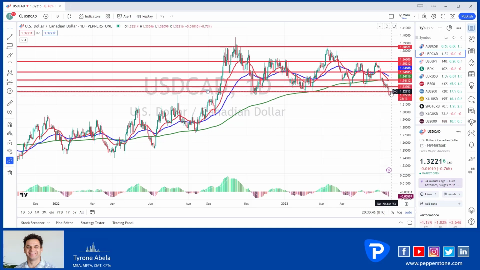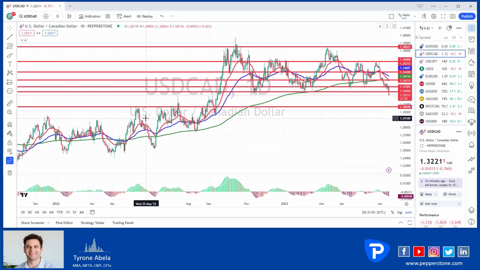So if it gets back up to this level here and it looks like it's going to basically roll over, which is on a 1 hour chart, we see a series of lower highs and lower lows. Then we can look at taking short opportunities back down to this level here, which is the next real level that I would be paying attention to, because that's where the next resistance is, or that was resistance, which should